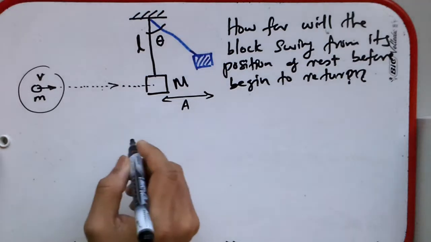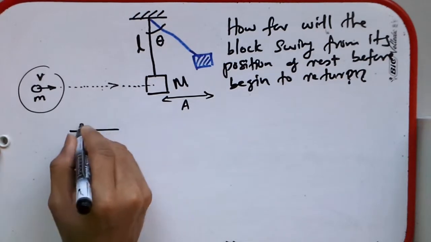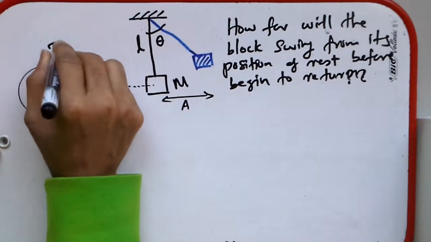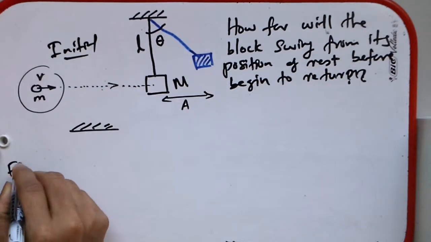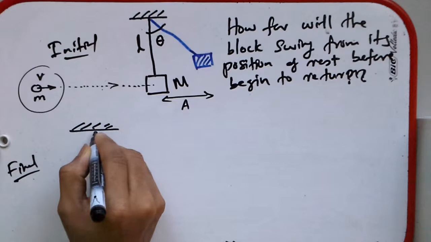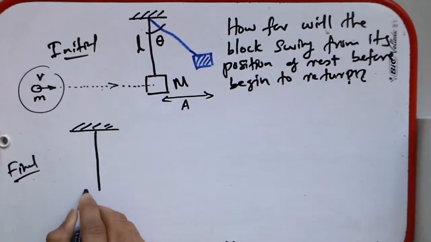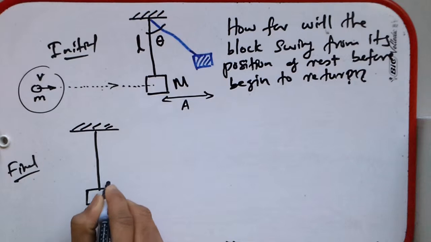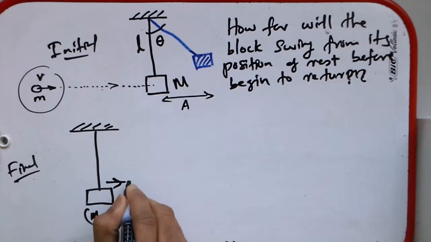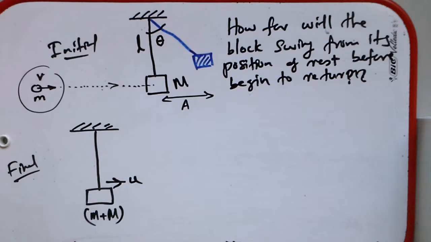So the final state of the system would be like this. This is our initial state. The final state would be the total mass becomes small m plus big M,